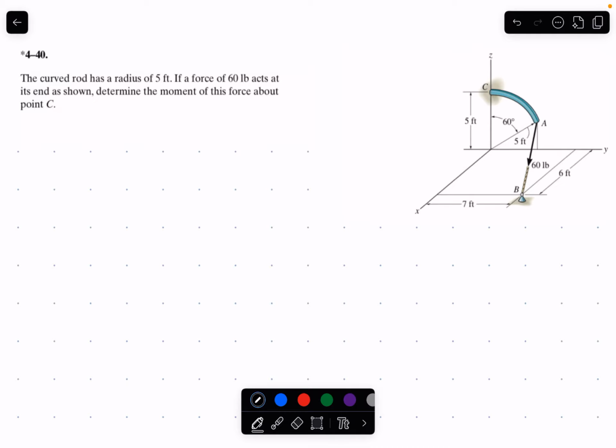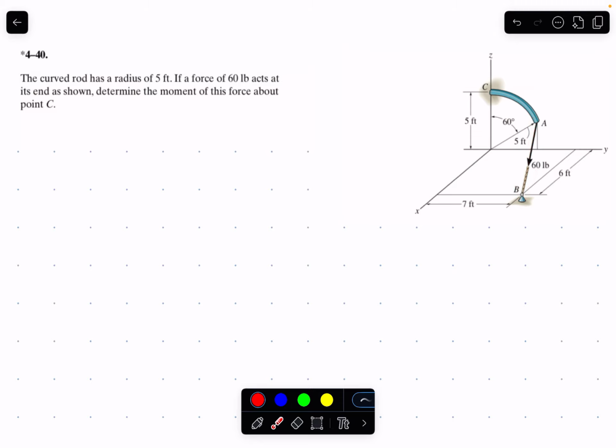The curved rod has a radius of 5 feet. If a force of 60 pounds acts at its end as shown, determine the moment of this force about point C. So today we're looking at this kind of odd curved shape right here with a force acting at its